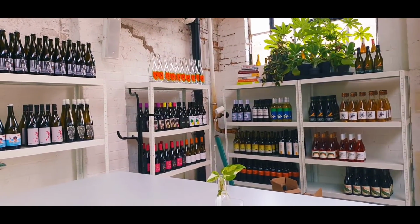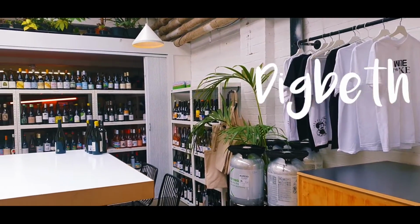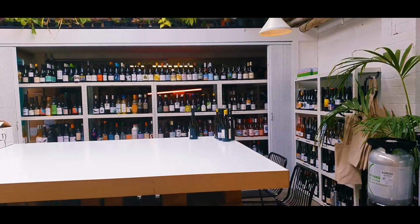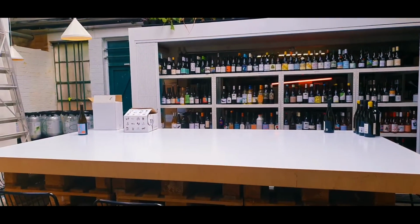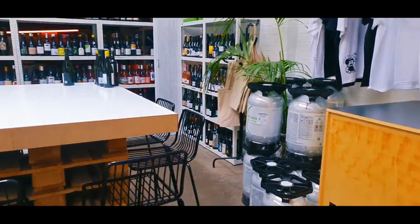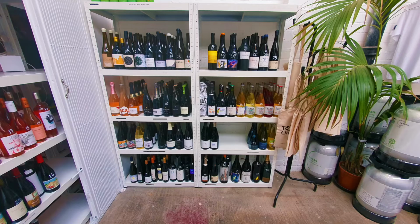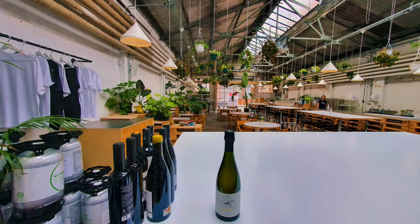They are based in Digbeth, so it's just outside the Birmingham city centre. It's known for being a bit more of an indie, casual, experimental area where it's quite a bit of fun. A lot of entertaining other bars and restaurants around this area. But yeah, it really caught my eye before I got here because I just thought this is something that's quite